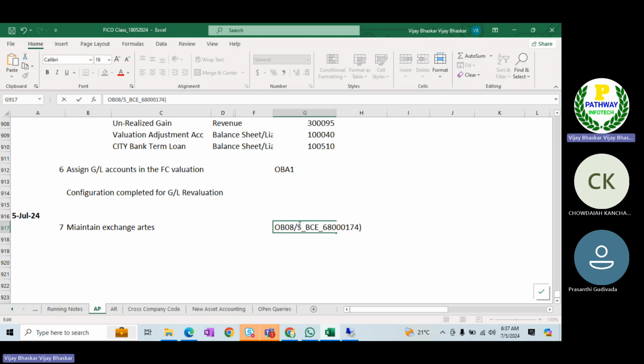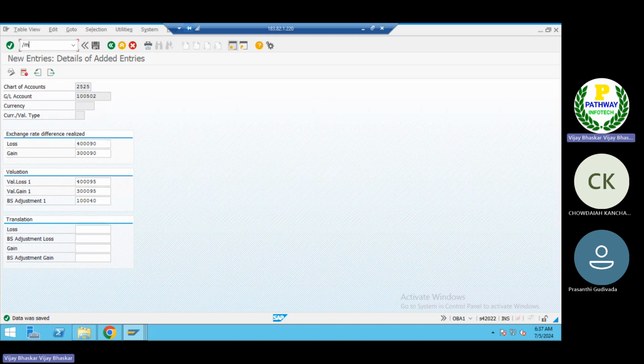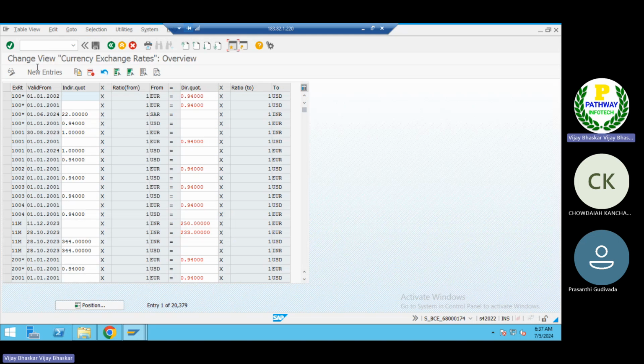You can use either one of these two transaction codes. Let me use OB08, because it is quite common. You can see the same screen here. Enter the exchange rates here.